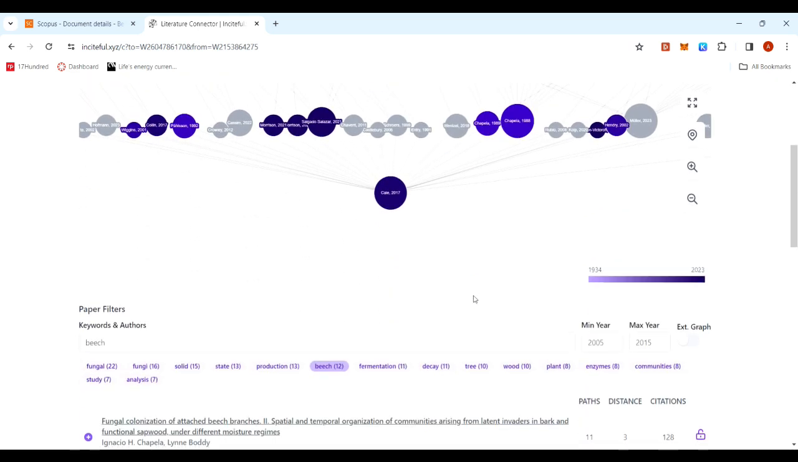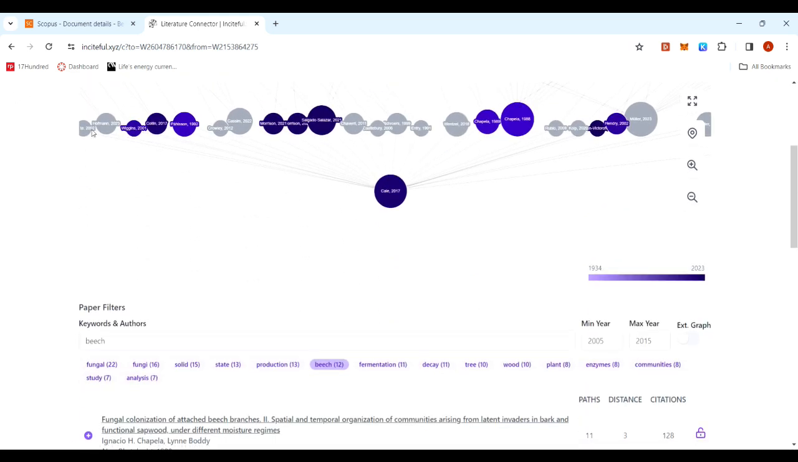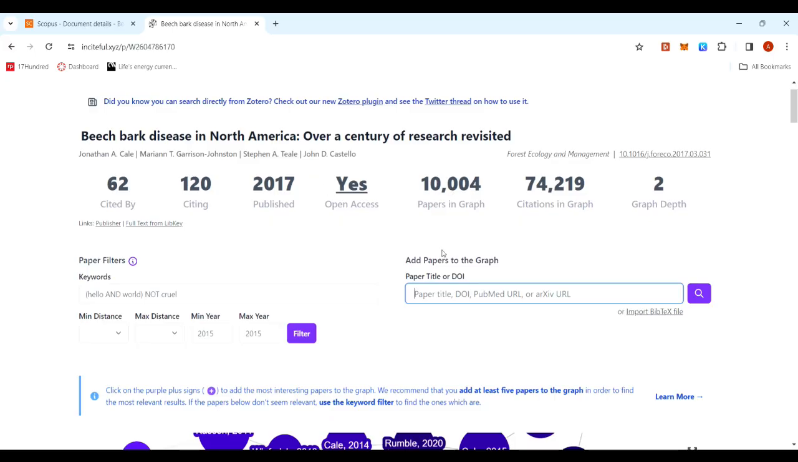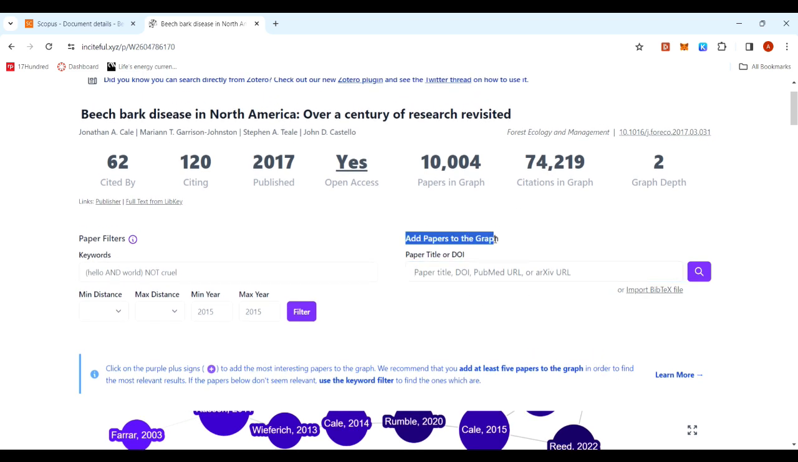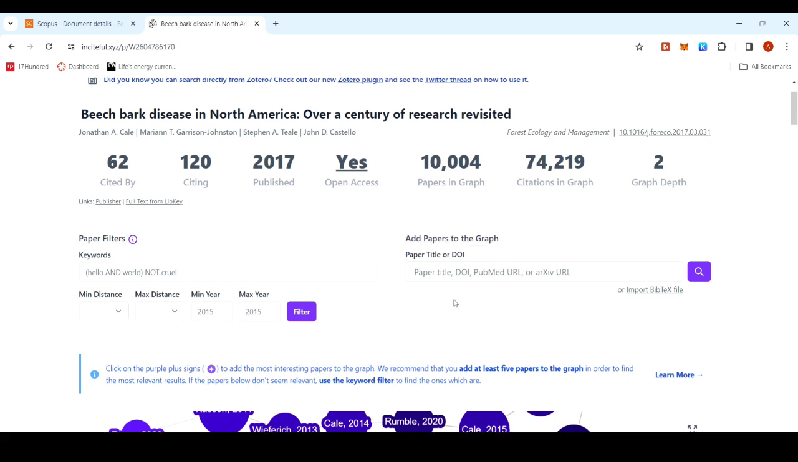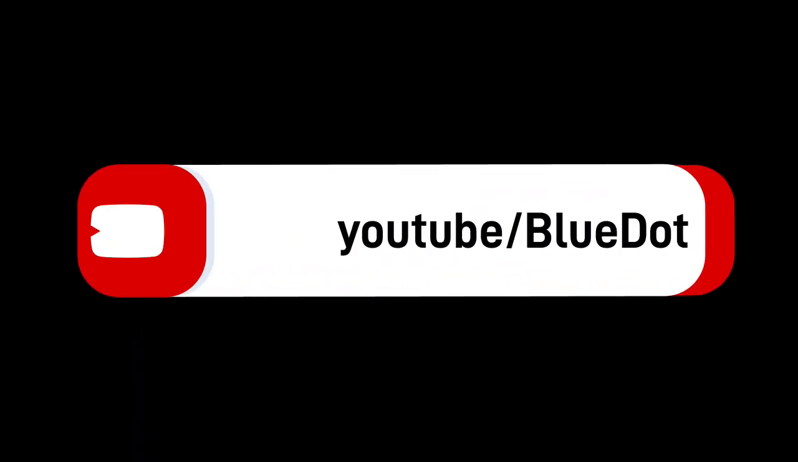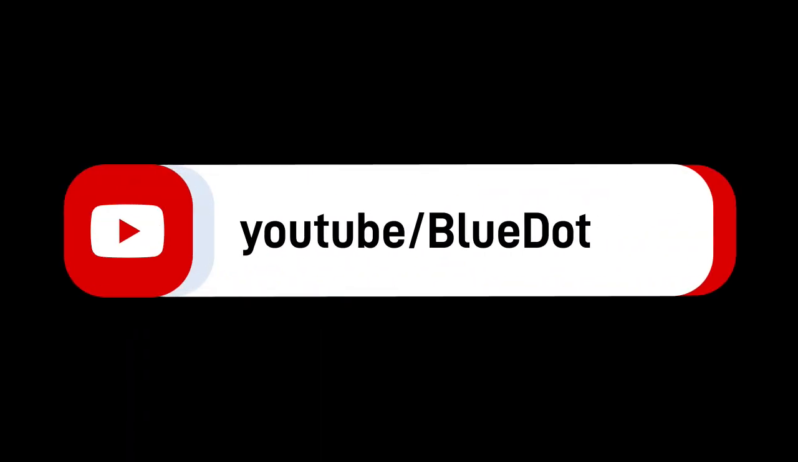So it's really cool. It also has another function, so you can search up to 5 different papers. This means that you can average the results of 5 different papers and have it make a graph that combines all those 5 papers. Hope you guys like that. It's cool because